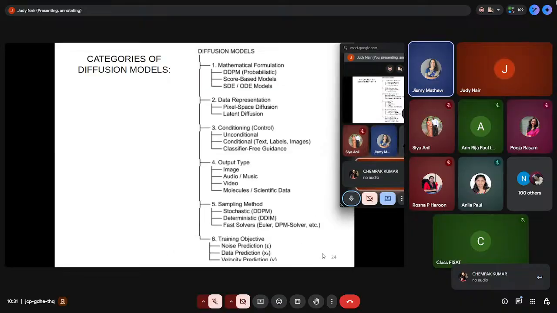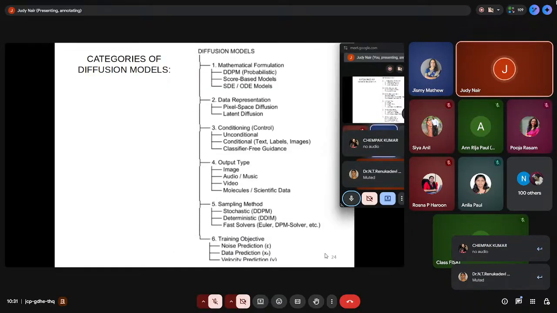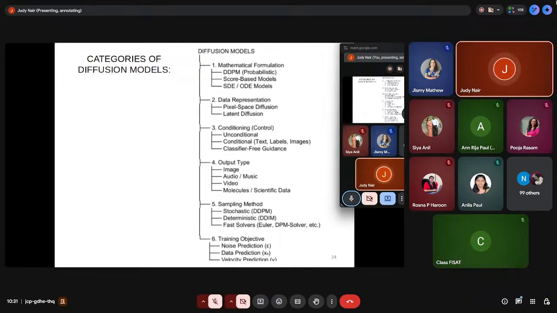Sorry, now? Okay. So another very important point is, if you look at any paper or any pre-trained model, just read initially what is the basic training mechanism it is using, what is the data representation it is using, are they adding any condition to it, what is the input given and what is the output that we take, and what is the sampling method.